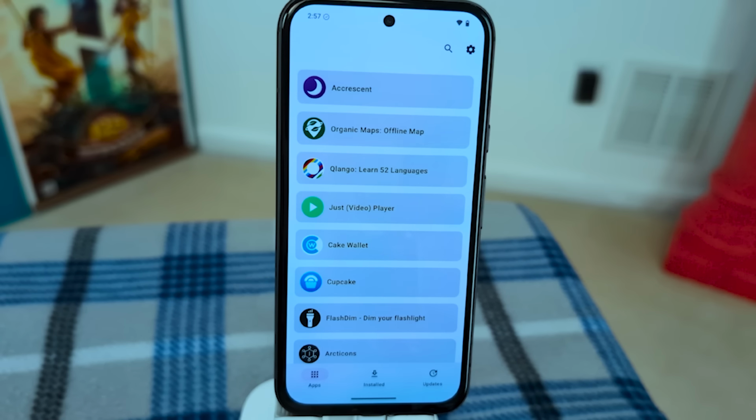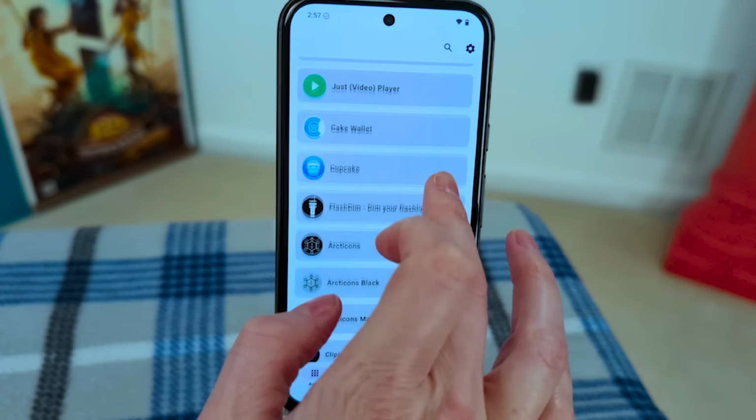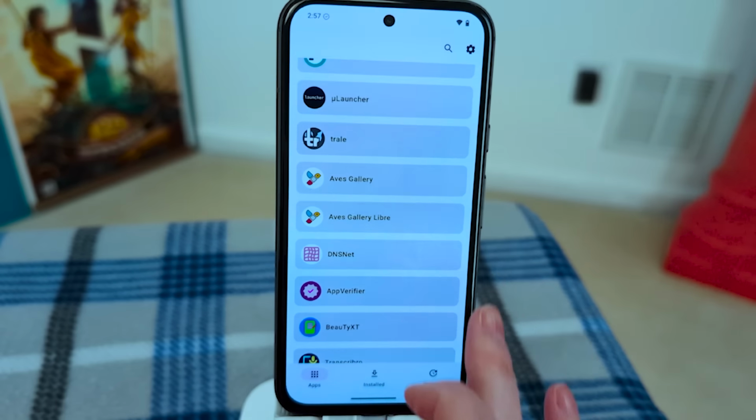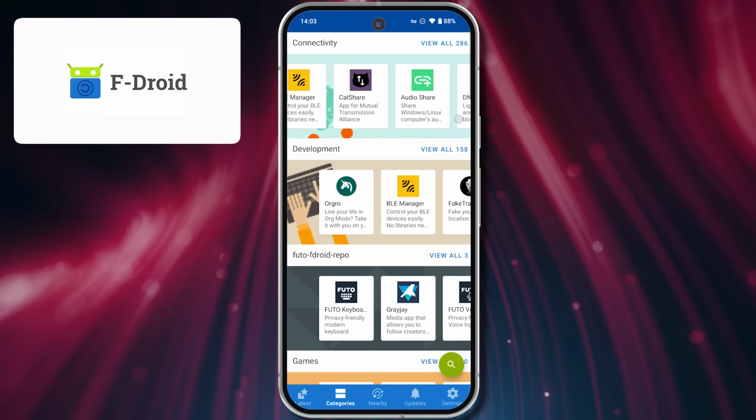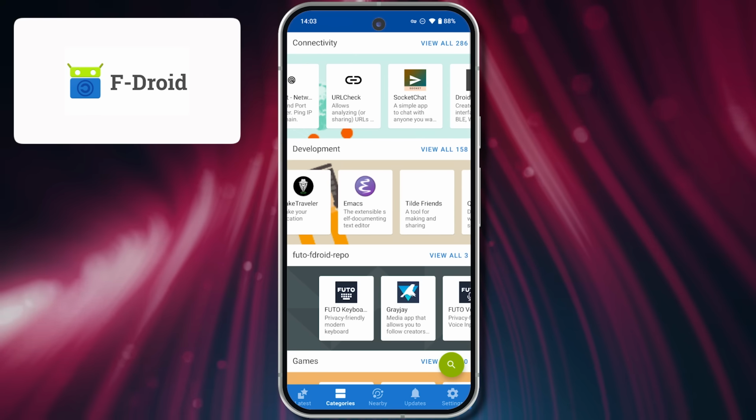You won't find many apps through the Accrescent store either, but the ones in there have been approved by Graphene as being good privacy alternatives, such as a Maps app and a crypto wallet. The third app store that we'll download is F-Droid. This app store is going to be great for finding a lot of free and open source alternatives to the